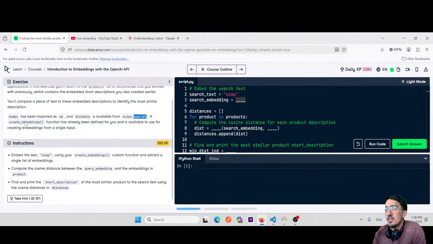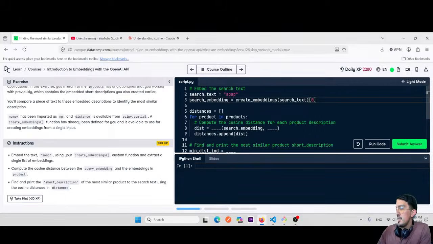Okay, so search embedding. Yeah, we're gonna do this. We're gonna create embeddings from the search text, and because it's in an array, it's gonna be index 0 since there's only one. And here I'm gonna use the cosine distance with the search embedding, and here is gonna be the